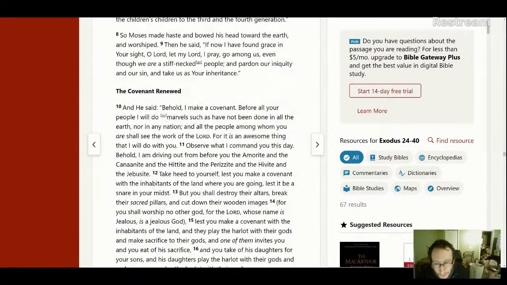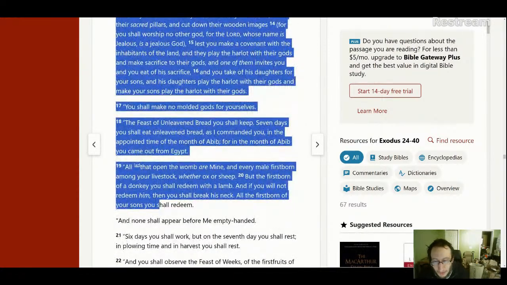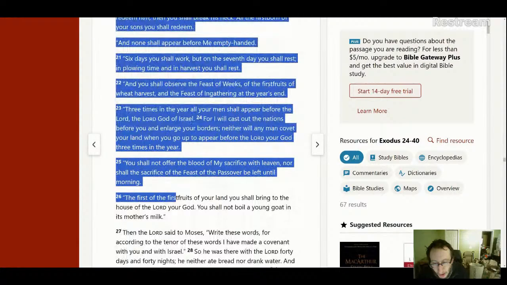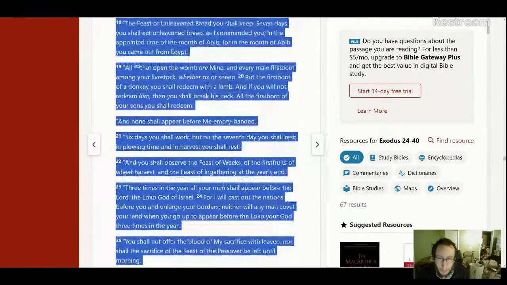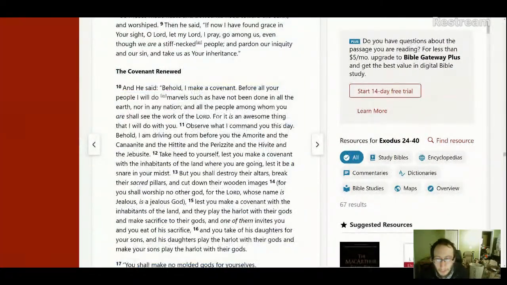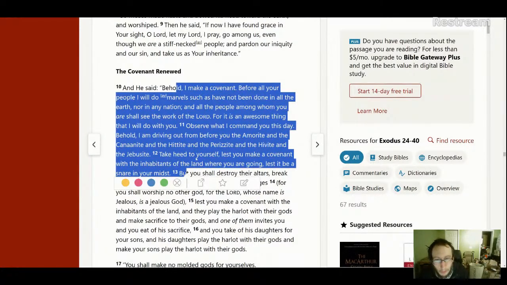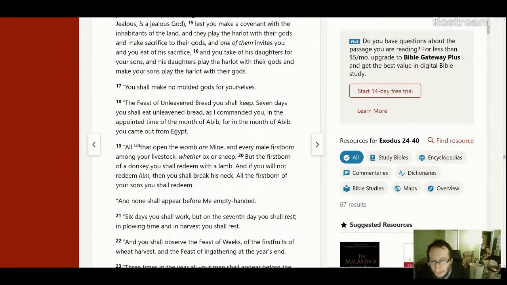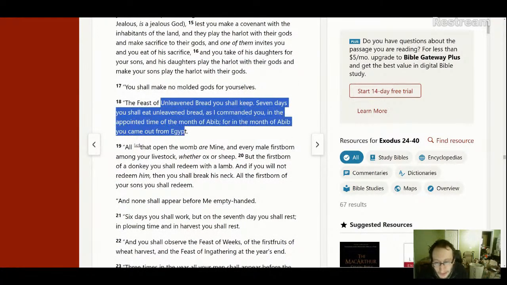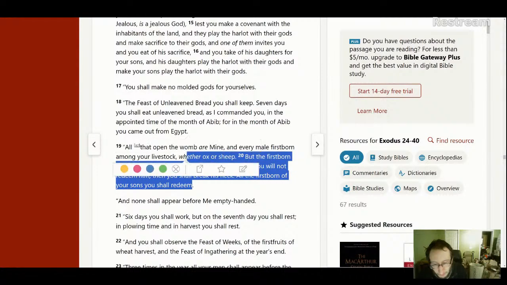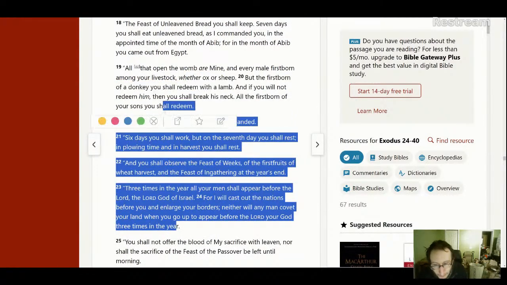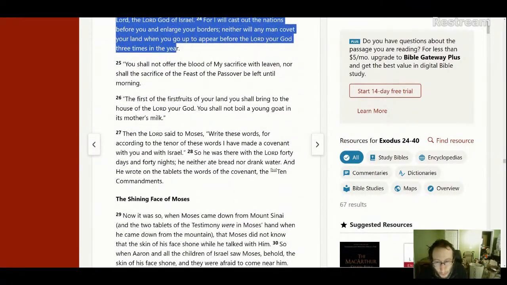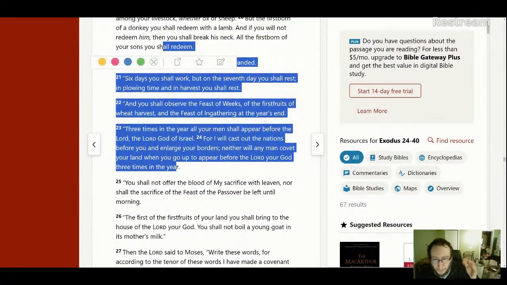And then it's completely different than the 10 Commandments. Instead, it reads almost as a summary of what we see in the Temple Scroll. It starts off saying, "Behold, I make a covenant. I'm going to drive out these people from your nations. Don't make a covenant with them from the land. Don't make a covenant with them." And then it gives like a summary here of the feasts and to bring sacrifices to him. So this is basically the summary of the first book of the law, the basic order, just like the Temple Scroll has.